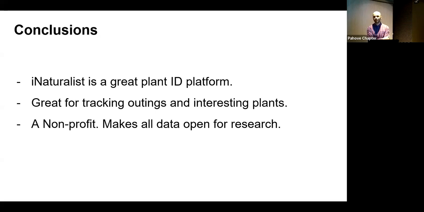How is it funded? They get giant grants. Okay. Okay. One of the sources